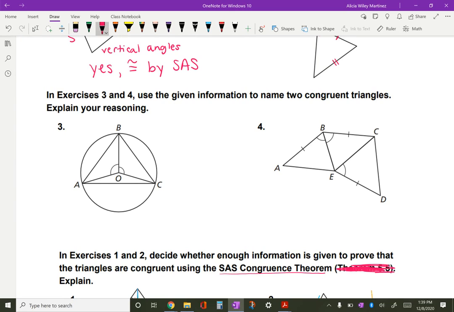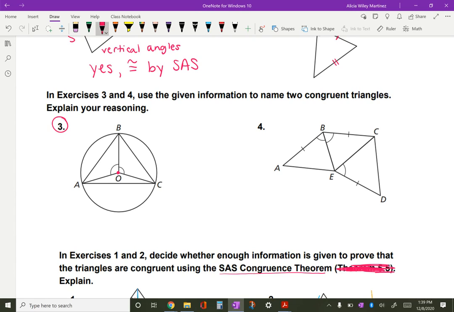Number 3, dealing with a circle. It says use the information given to name 2 congruent triangles. So looking at this circle, they should have told you that O is the center. So O is the center. I wish they would have said that. So we know that O is the center. If O is the center of